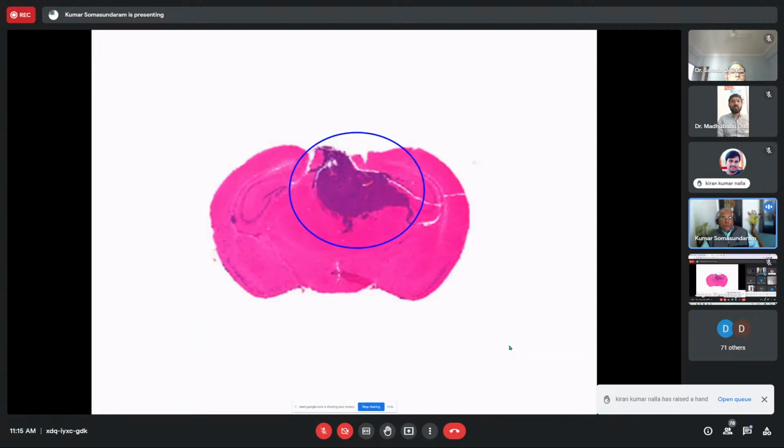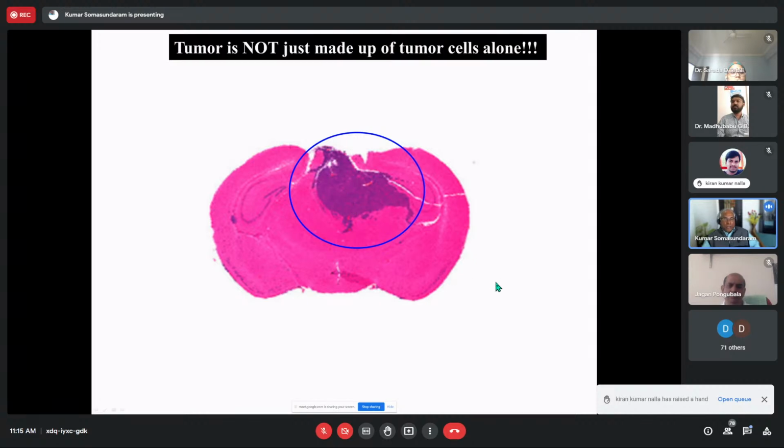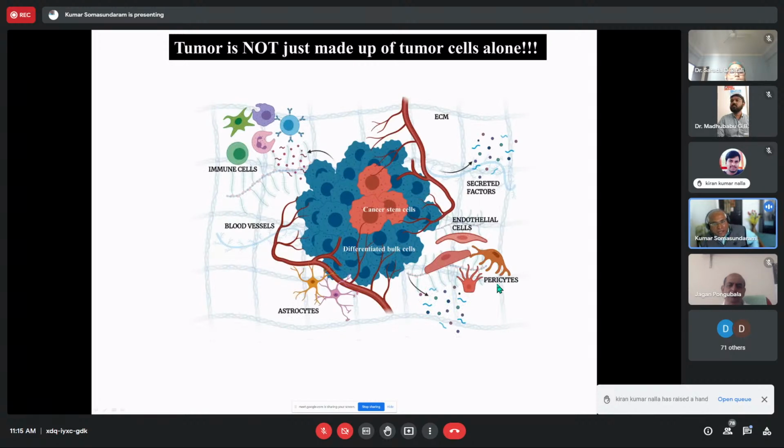Now, if you look at the tumor a little bit more deeply, here is a cross section of a mouse brain, where the glioma is growing. You can see the highly infiltrative cells. A lot of tumor cells are there. But if you look a little bit more closely, the tumor is not made up of tumor cells alone. Complicating that, if you look at a schematic view of a tumor, in addition to the